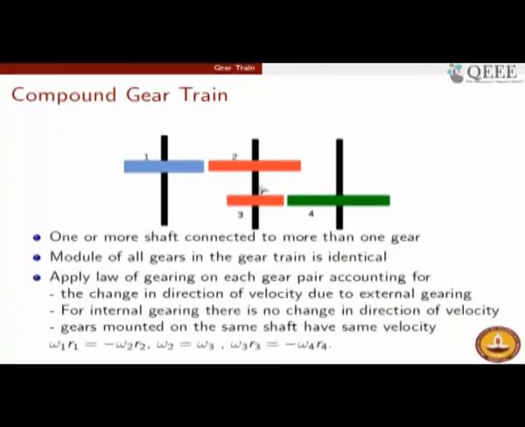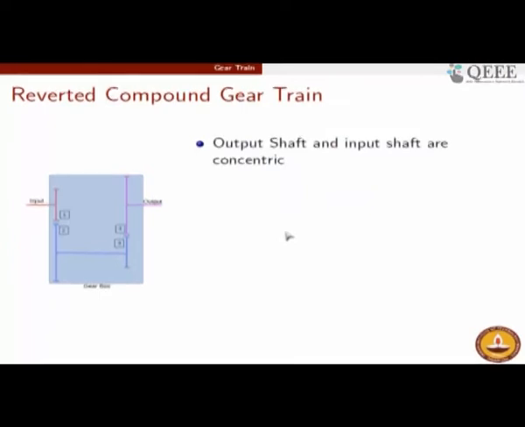With that, let us go to the next feature, which is called a reverted compound gear train. This is exactly what is happening in most of the manual transmissions in vehicles. So let us study this in some depth. Here we have the input shaft, which carries a gear shown in red, and the input side of this shaft is connected to the flywheel of the engine. And this is the output shaft, shown in magenta,